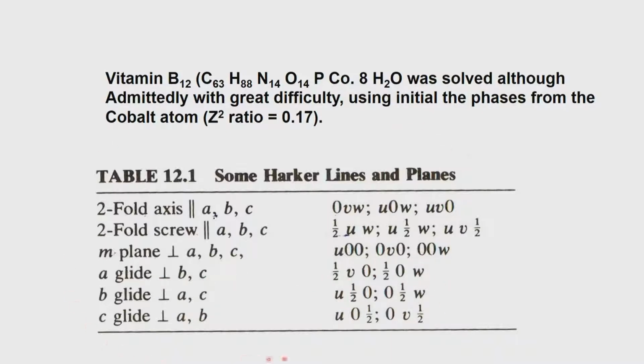So, basically the take home lesson from this table is that we compute a Patterson, and using the Patterson we can determine the space group as well as the heavy atom position if we make use of Harker lines and planes. In fact, Harker's idea came up for the location of the heavy atom in a totally different context. It came up with the idea that if we have a protein solution, and in that protein solution we now introduce a heavy atom containing dye.